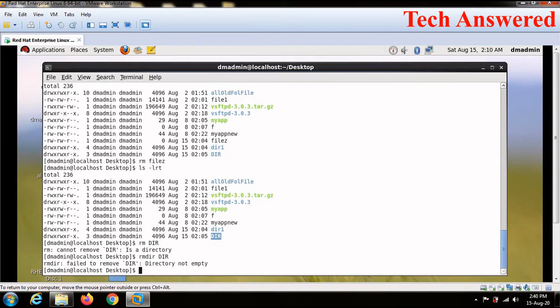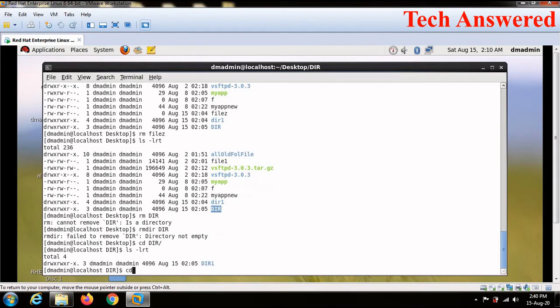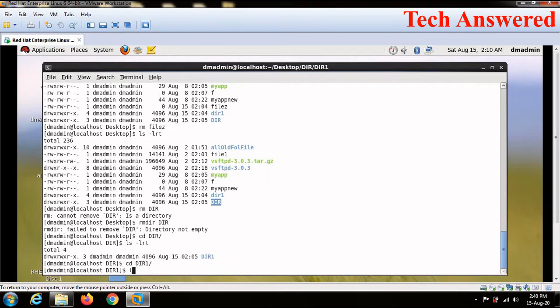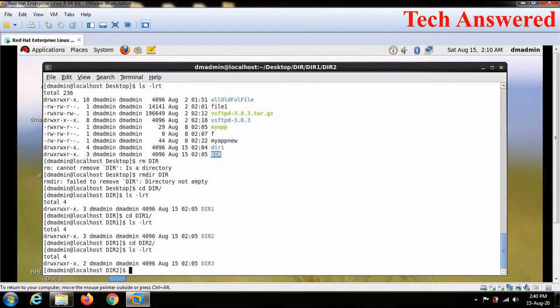So using rmdir, you can delete a directory, but the only thing is that the directory should be empty. Now it is not empty. So what we can do is go inside dir, then inside dir1, and then inside dir2, and here we know that inside dir3 there is nothing.